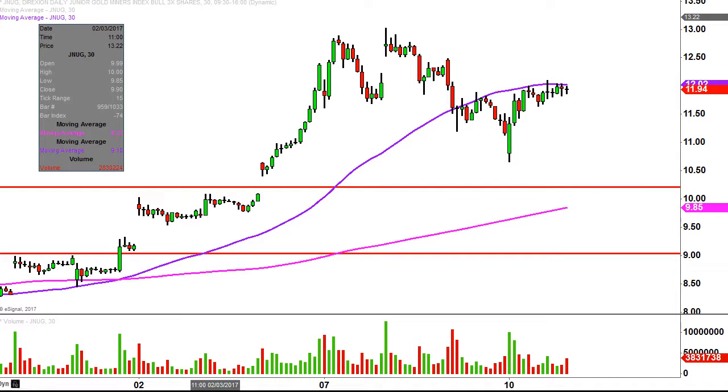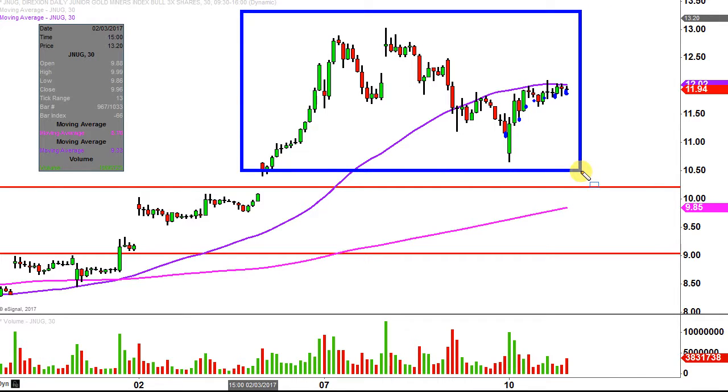Real quick, what do I mean by 30-minute in case maybe you're new to charts? Instead of each one of these candlesticks here representing 1 day's worth of price action, which is what you would normally see, each one represents 30 minutes. So while this here may look like several weeks, it's actually just the past few days broken down into 30-minute